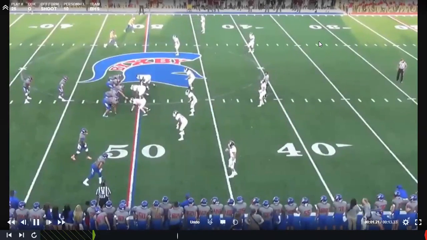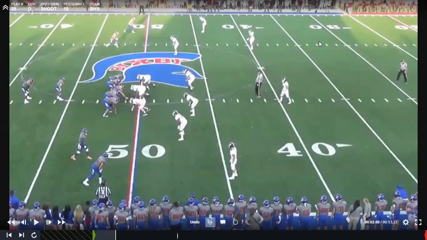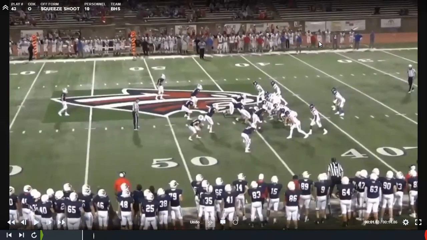Let's start with one of our more common personnel groupings, 10. In 10 personnel, we have 1 back and 0 tight ends. What you see on the screen is a 2-by-2 formation, shoot, where both receivers are spread out wide to the top of the screen as well as the bottom of the screen. A tag off of shoot is squeeze, where those same 4 receivers have condensed their splits. We call this shoot squeeze. It is also a 10 personnel formation,